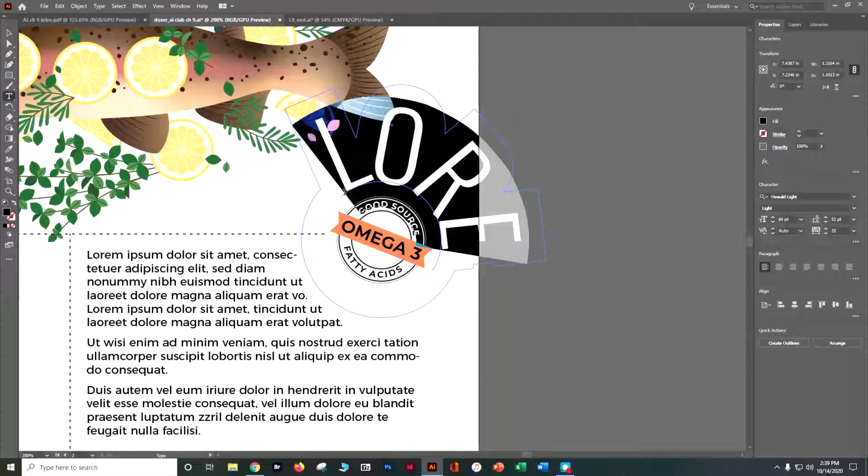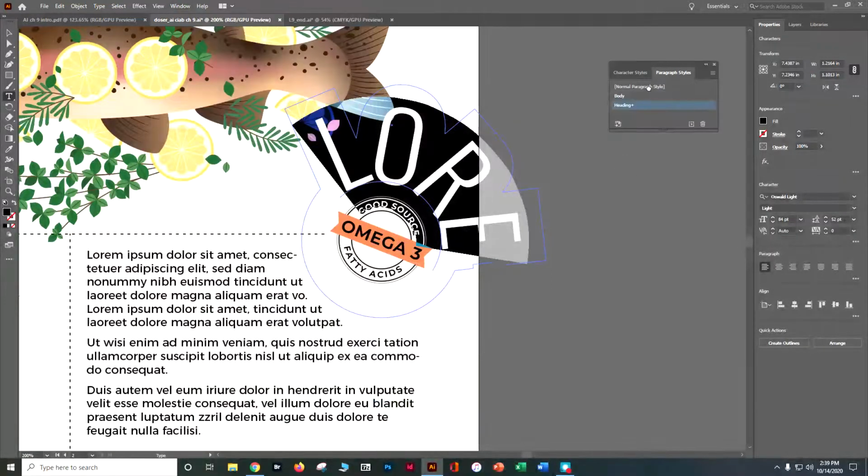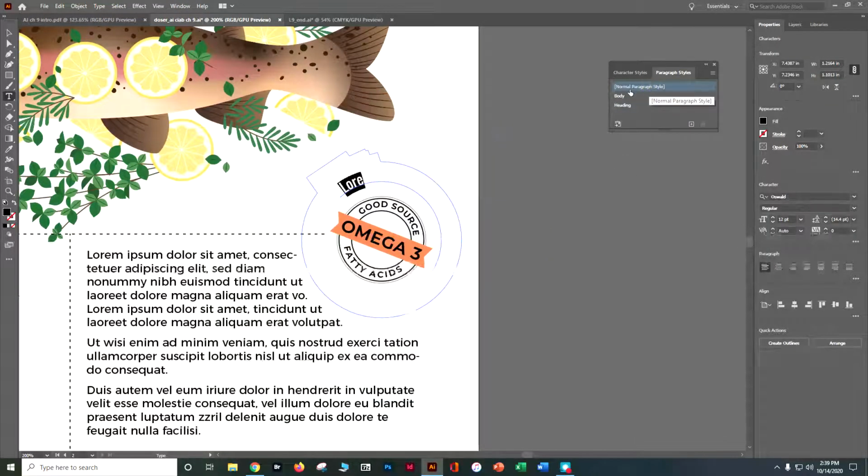Let's go to our Window. Let's go to Type. Let's go to Paragraph Styles. And let's change it to Normal Paragraph Style. So it's going to make it small. And let's make it say "good for you"